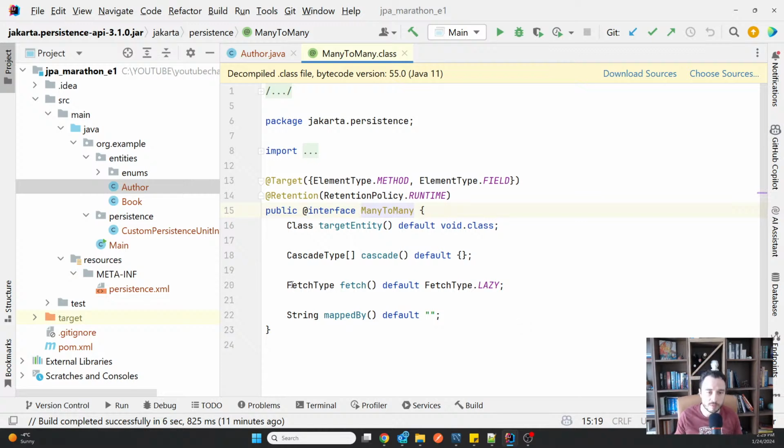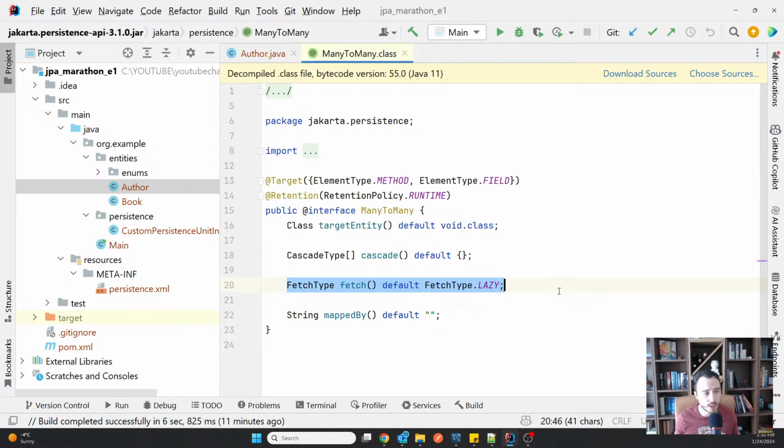For example, one of the essential things we haven't discussed is the fetch type. The fetch type tells you whether something is retrieved from the database when the entity is retrieved or not. And one of the things we always need to know about the fetch type of a relationship is that if it is a collection, it's always lazy by default.